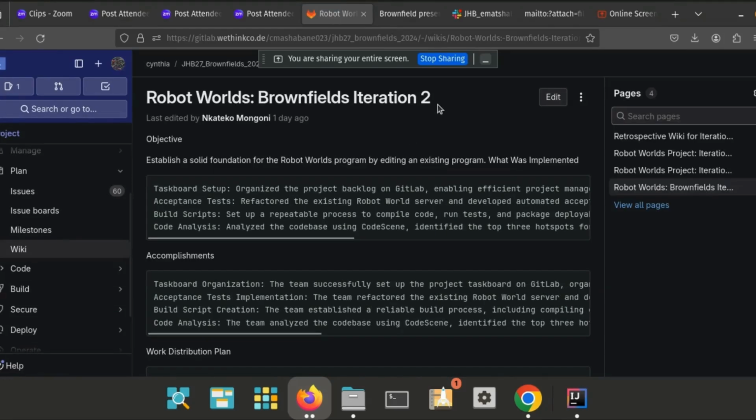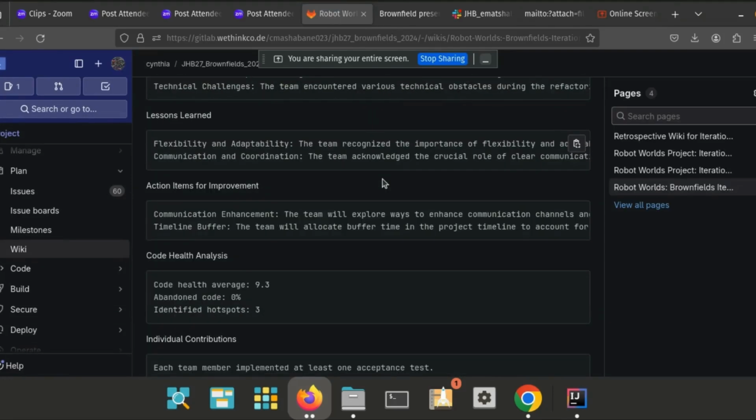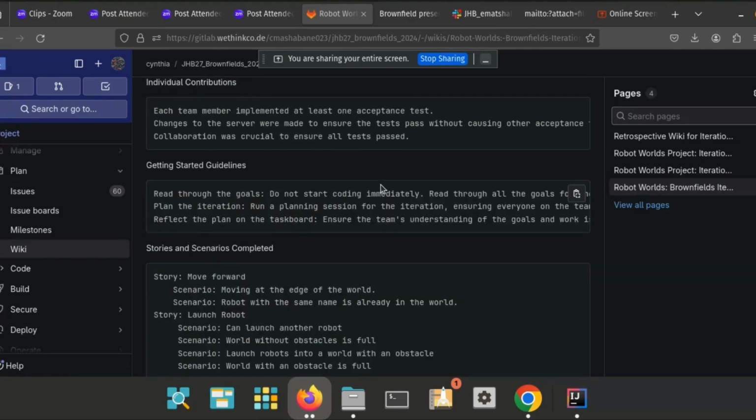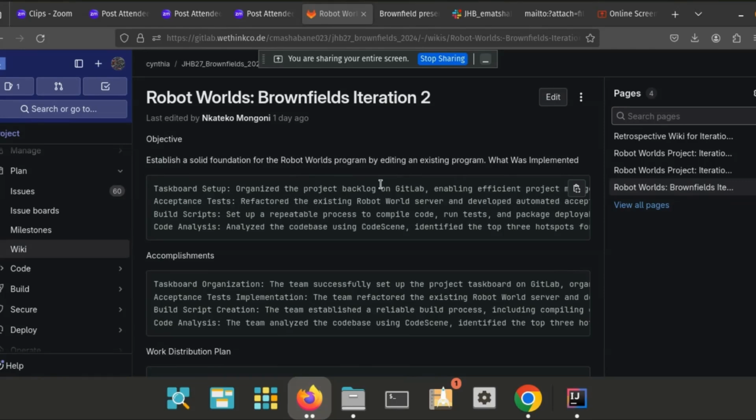So this is for iteration 2. It has everything, documentation of how iteration 2 went and what we learned, challenges that we faced during that iteration and all that. All these iterations have these different kinds of features, where we explain what we were doing, how we did it, and how we achieved our goals. And then we also have